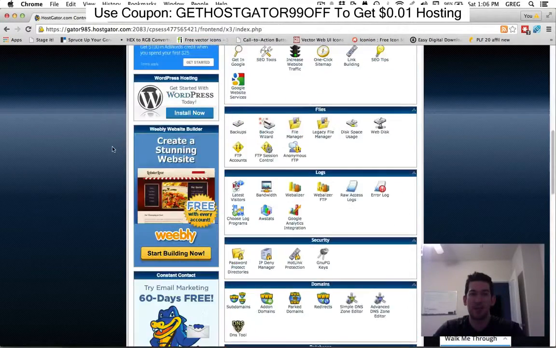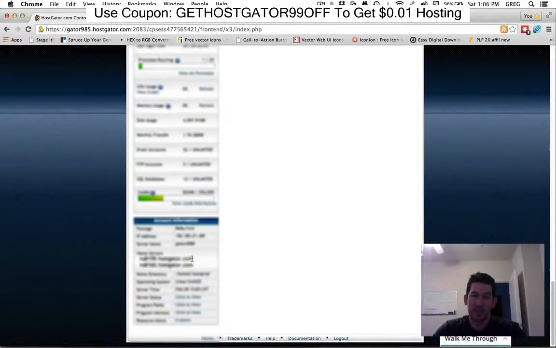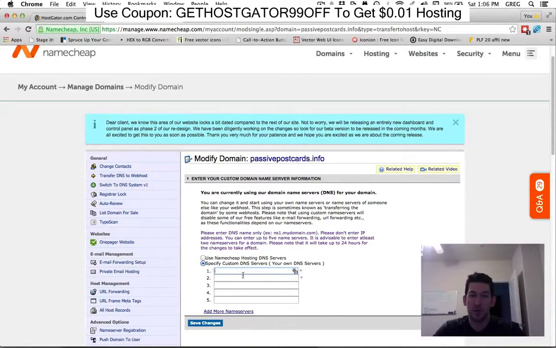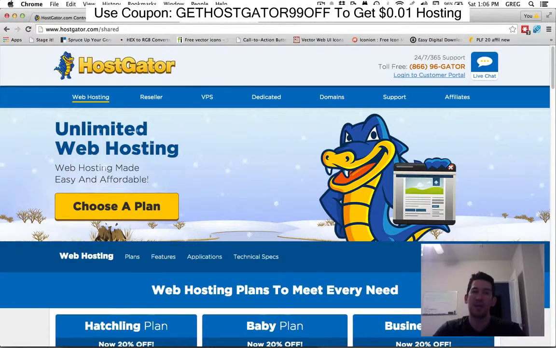They all have a cPanel pretty much, and you'll come down here to the bottom left hand section, and you've got your name servers here. So you just copy these two and come over here to Namecheap, paste them in these two boxes right here with the stars, so 1, 2, then click Save Changes. It'll probably take anywhere between 10 to 30 minutes